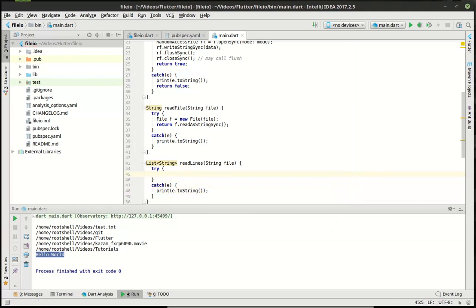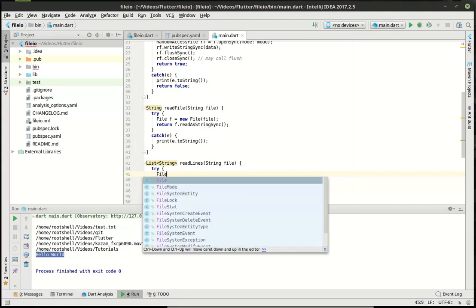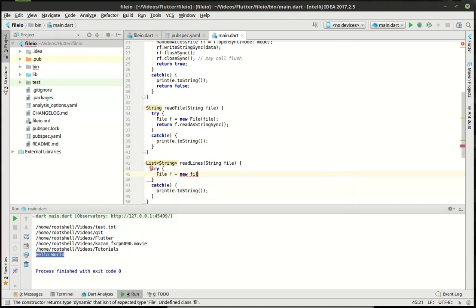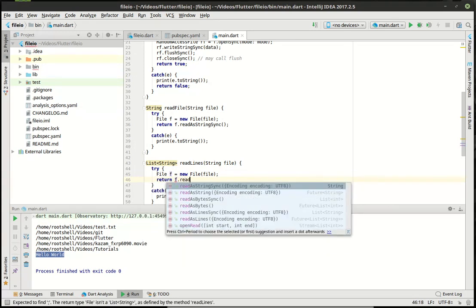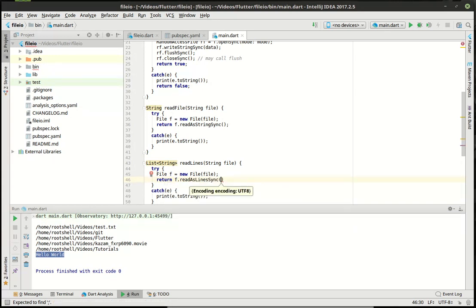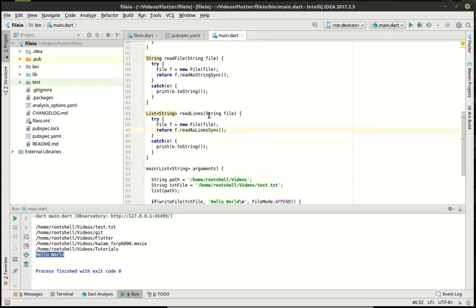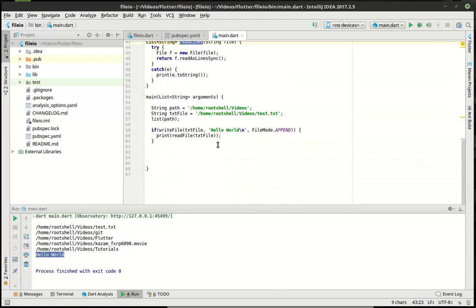And what we can do here is we can just say very simply, and then we can just say readline sync. And you can see how that is currently going to return a list of strings. And it's that easy right there. We could just read the lines. So let's actually do that. And let's comment this out. Actually, let's not. Let's say,